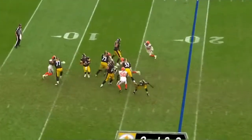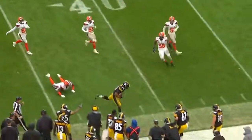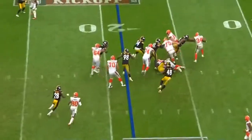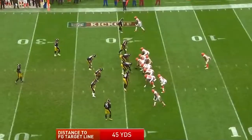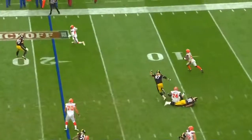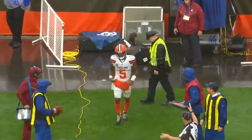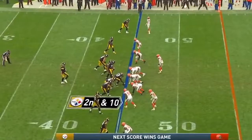Second and 8. Roethlisberger flips it, and on the run, it's Connor. And Connor out of bounds, short of the 40-yard line. That'll be first down. This is Carlos Hyde. Hyde trying to turn the corner. 180! It's still Carlos Hyde in the backfield, and Taylor on the move. And he's going to run it out of bounds. There was nobody open up the field. Tyrod Taylor getting outside because the